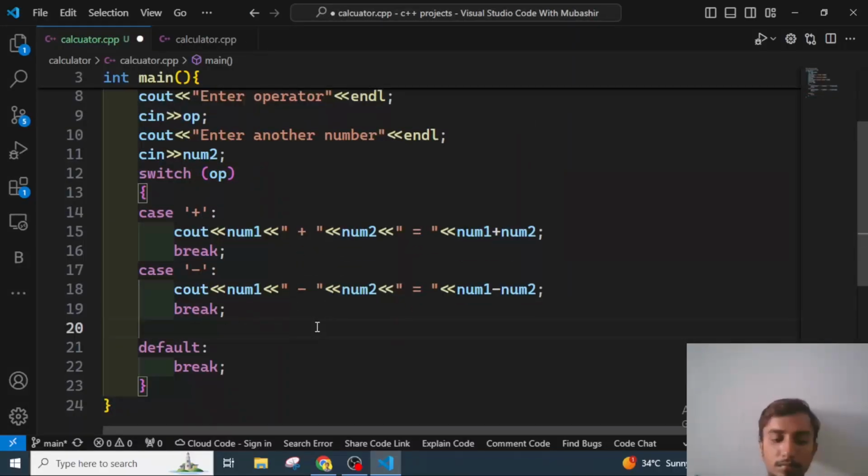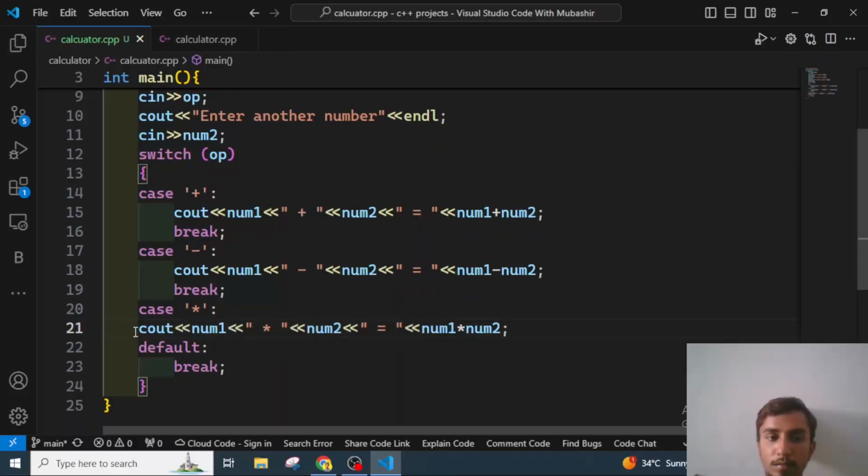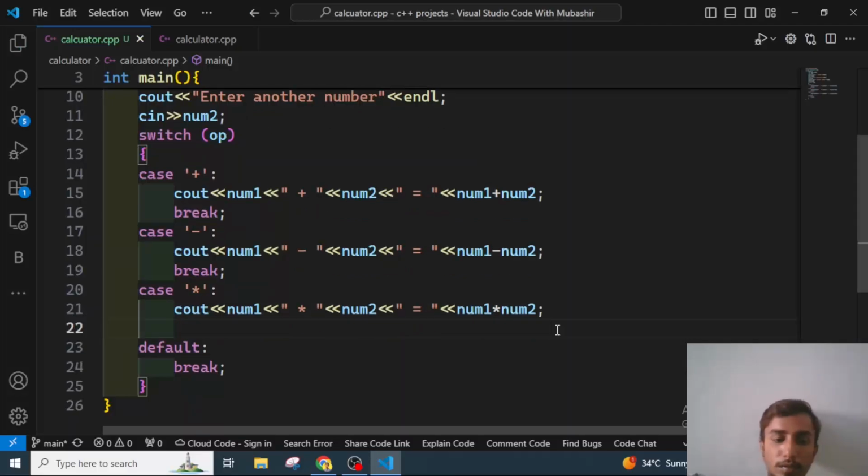Now third case for multiplication. The multiplication sign is the star one. Colon. So it has generated the sign for multiplication also. Cout, first it will output num1, then a star sign, then num2, then equal sign, and num1 multiply num2. Okay, now for the last case